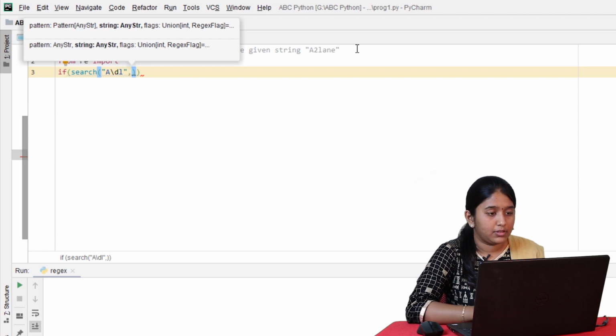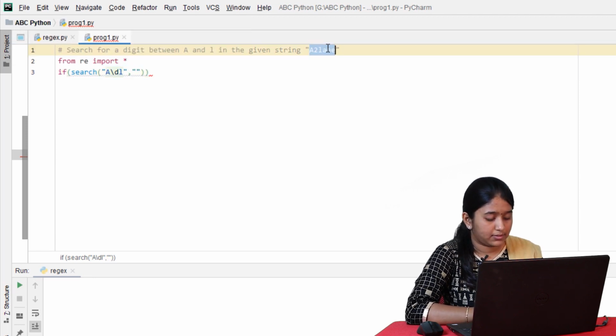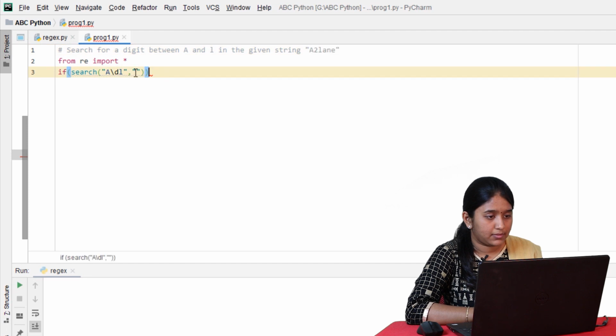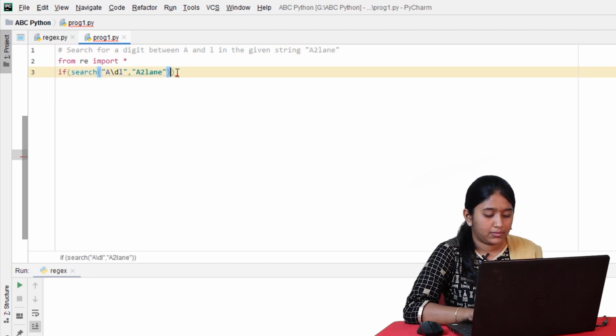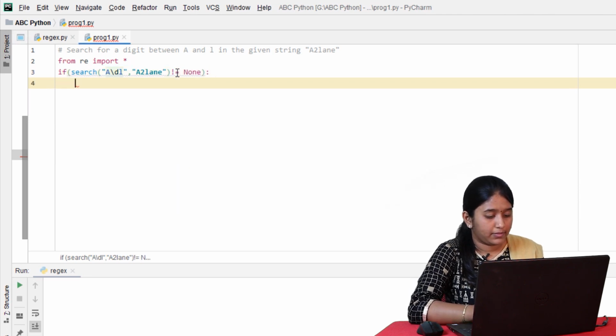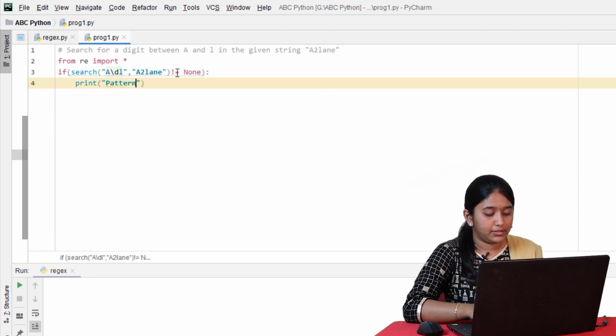comma, the string, not equal to none, print pattern found.